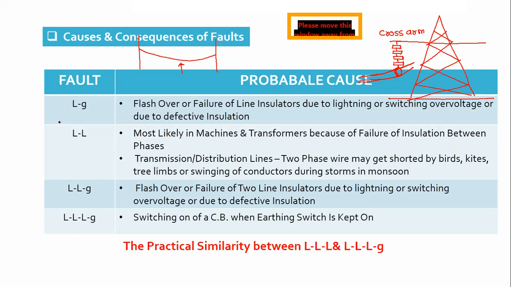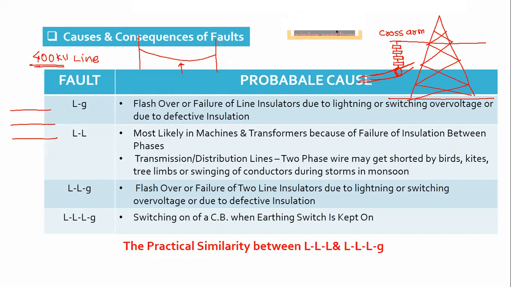Now suppose we have a 400 kV line. Okay, let me ask you, we have a 400 kV line. So is this voltage a line voltage or phase voltage? Suppose we have a 400 kV line. Is it a line voltage or phase voltage? Yes, it is line voltage. So it is the voltage between these two lines. Okay, let's say ABC. So it is a 400 kV line.